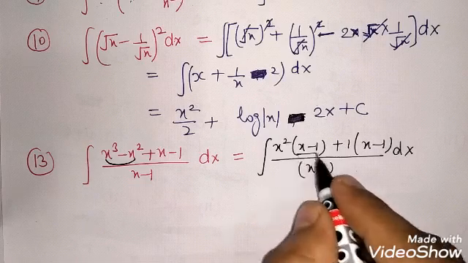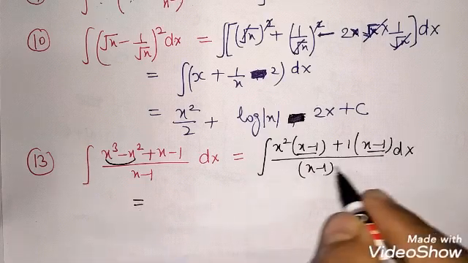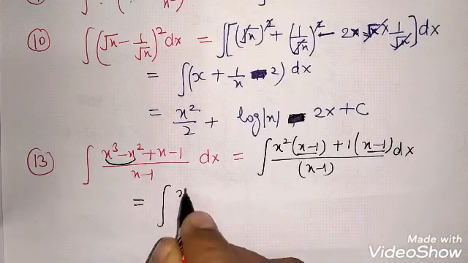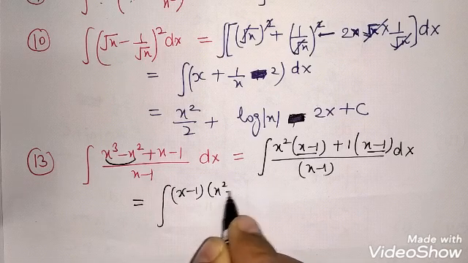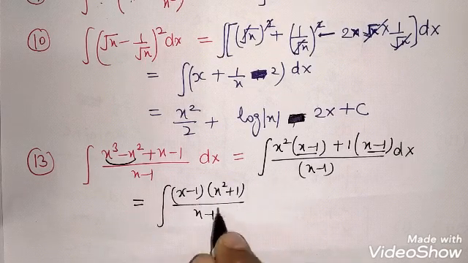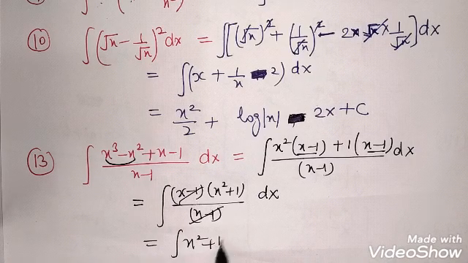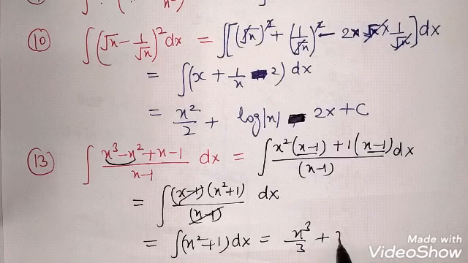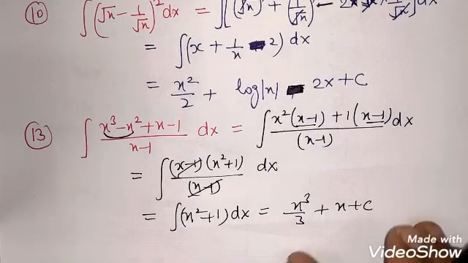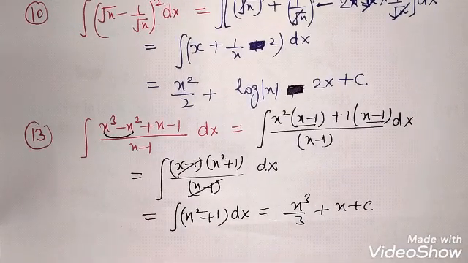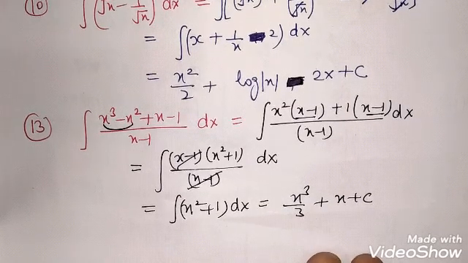So the conclusion is, you can take out common, in 8th class you did factorization. I am using the same concept. (x square plus 1)(x minus 1) upon (x minus 1). This will be cancelled. This is dx. Simply we can say integration of (x square plus 1) dx. We are getting x cube by 3 plus x plus c. Done. Okay. This is our question number 13. 14th is so easy. 15th again easy. 16th easy. 17th, 18th, 19th. I am doing exercise question number 19 for you.